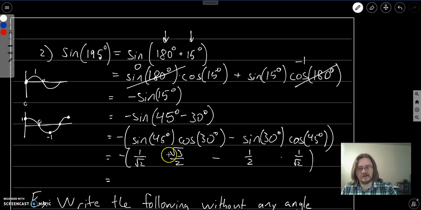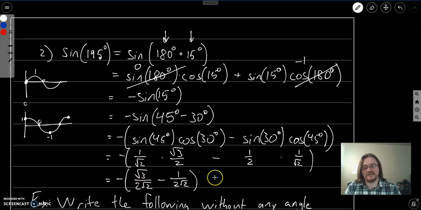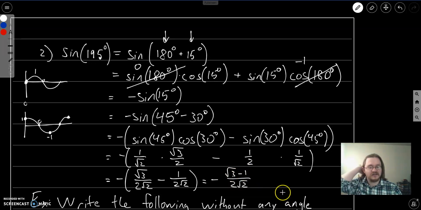And then it's just a matter of simplifying this. So this is going to be negative. If I multiply these out, I get root 3 over 2 root 2 minus 1 over 2 root 2. Well, this is handy because these are fractions with the same common denominator. So it's going to be minus, I've got root 3 minus 1 over 2 root 2. And here we want to be careful because we've ended up with a square root on the bottom. So we'll multiply both the top and the bottom of this fraction by the square root of 2